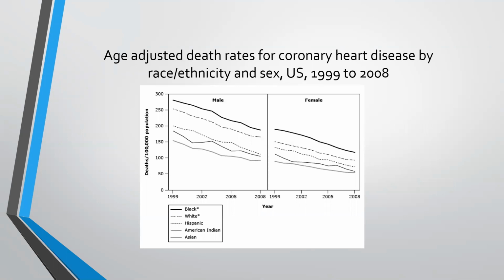This is a little bit of an older slide, but basically it's showing us the death rates for coronary artery disease in the US over a couple decades. And in general, we get better over time in any age group, and in any ethnic group for that matter. Obviously, there's some disparities in healthcare in terms of what race you are, but overall, all the trends go down.